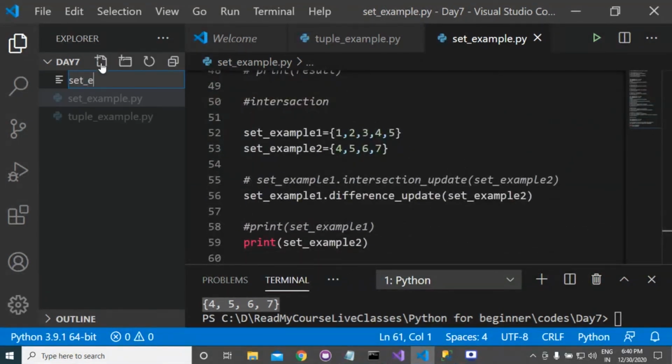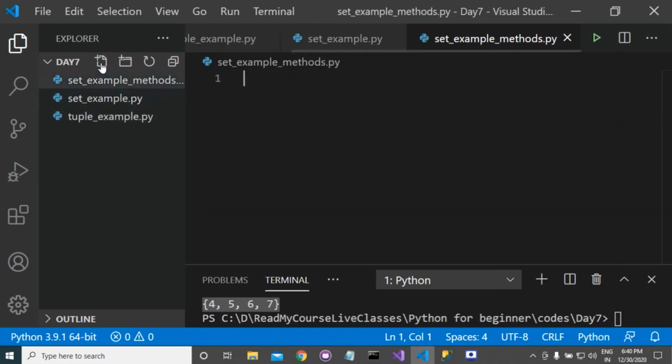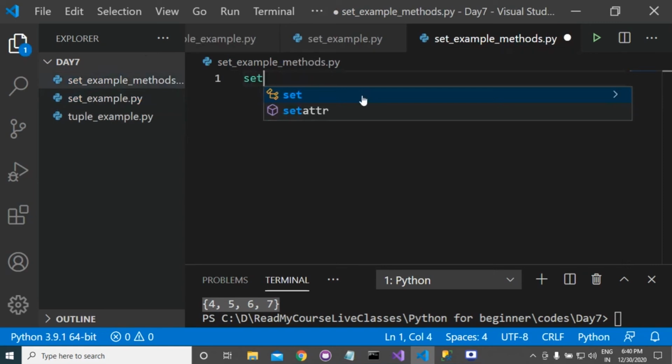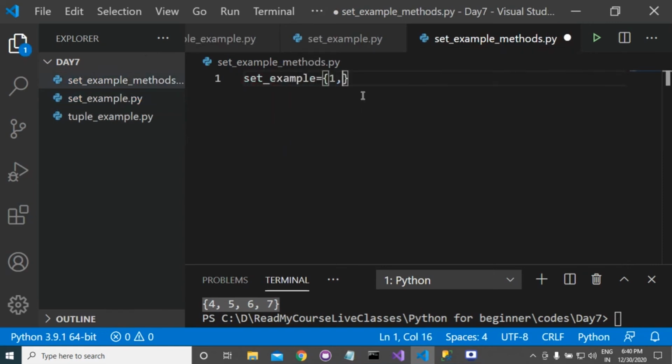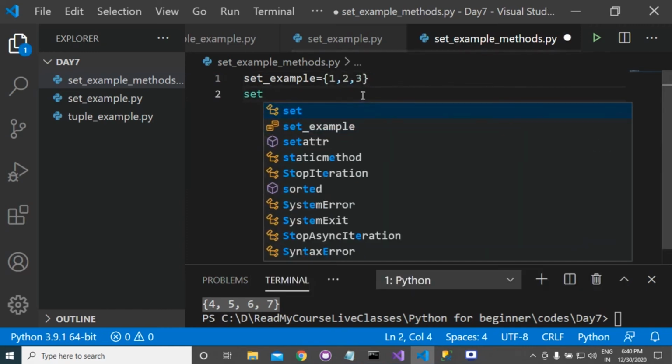I'm giving you the set example methods again. Suppose that we have set example is equal to {1, 2, 3}, and we want to add a new element.